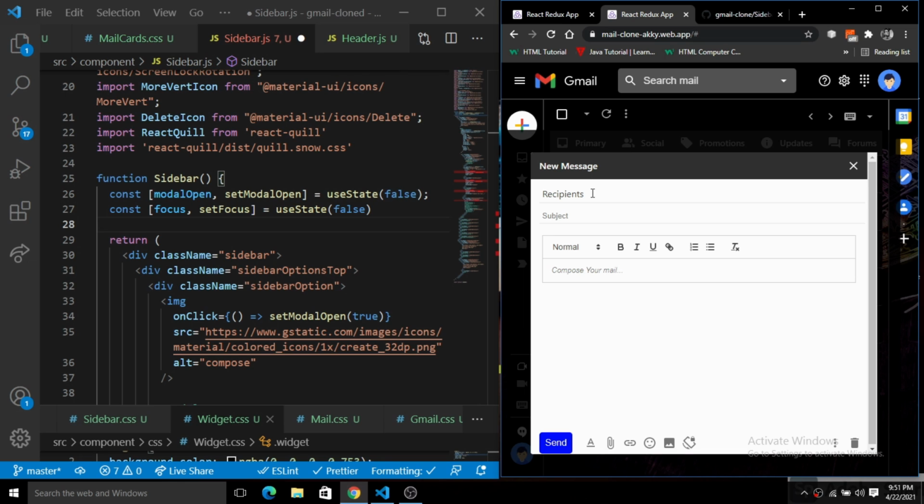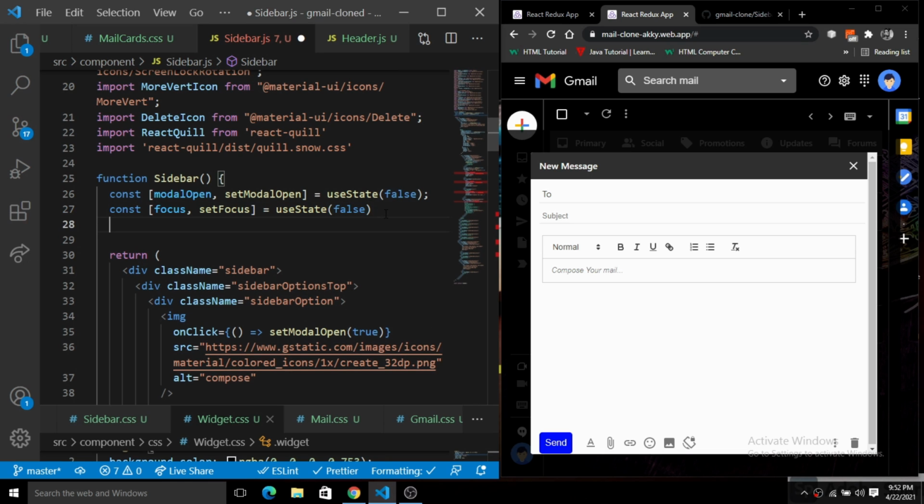When we click on this input field, you will see it is updated and set to true. When it is updated, we will change the recipient to the "To" field. Basically, when we send the mail, you have to add the address here. So this is used to update the state for the focus.